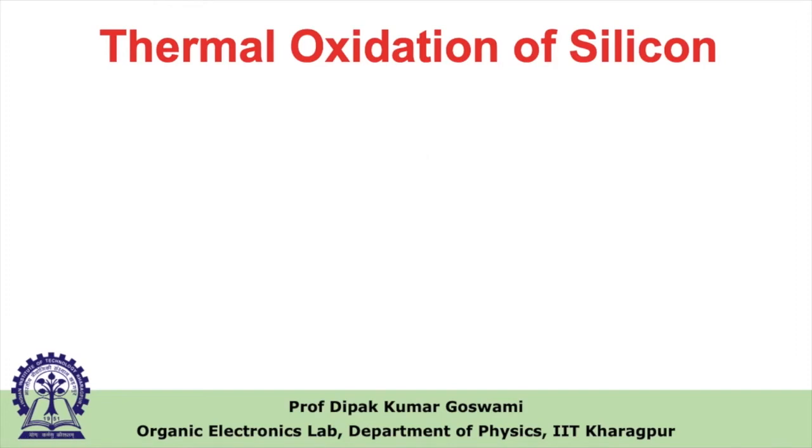In the last two classes, I have discussed ion implantation and doping. Today, what I am going to talk about is thermal oxidation of silicon. Silicon dioxide, which is grown on a silicon substrate, is very important for the fabrication of silicon-based devices. What I am going to do today is discuss the different oxidation processes, how you can oxidize silicon to silicon dioxide, how you can control different thicknesses,